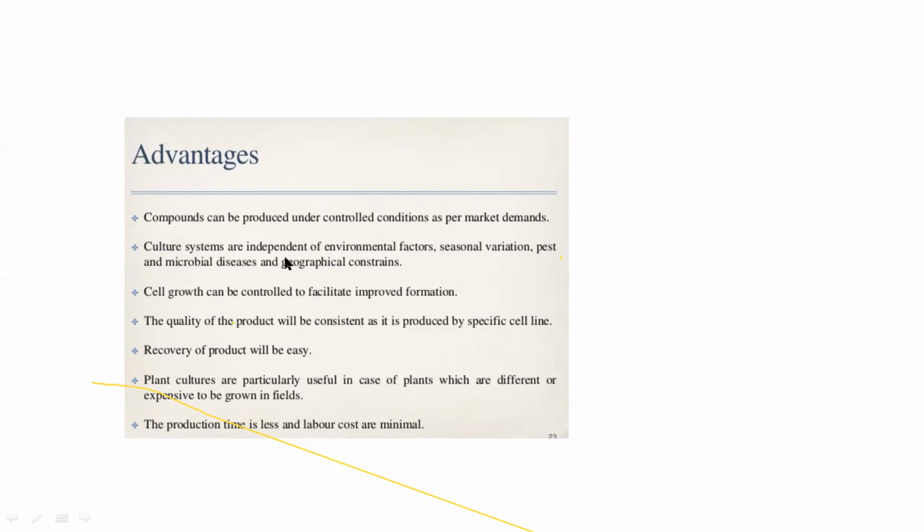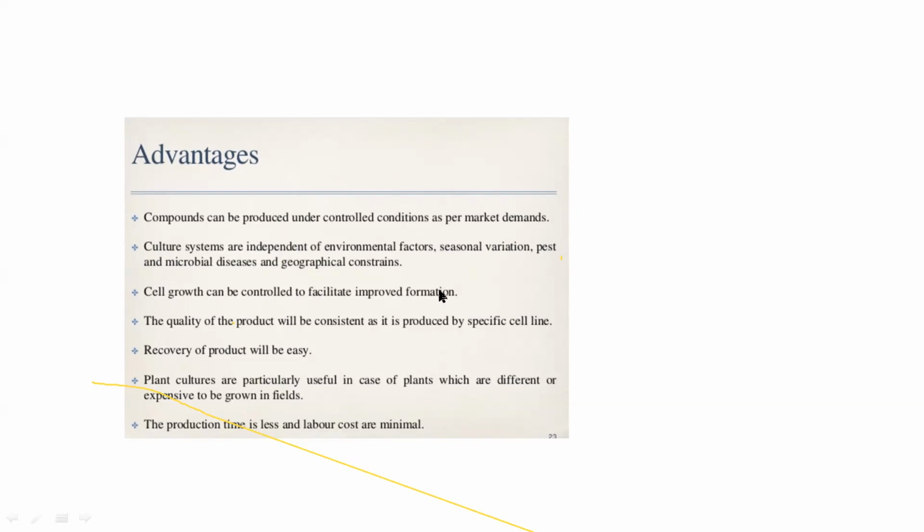So a plant growing in Ooty will not have the same amount of alkaloid as a plant growing in the north or the Himalayan range. So in that case, variability of the drug in the whole plant is a problem. So in a culture system, that variability will not be there. All are uniform. You can maintain them under uniform conditions. You can get maximum production in maintained environmental conditions.